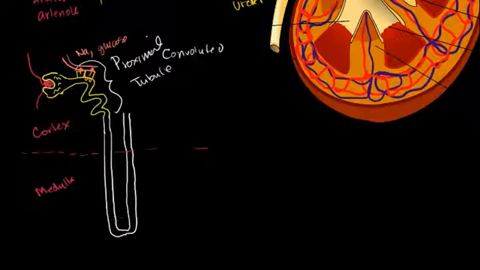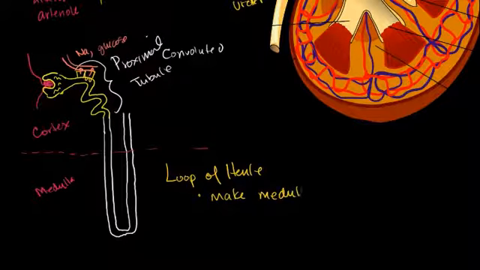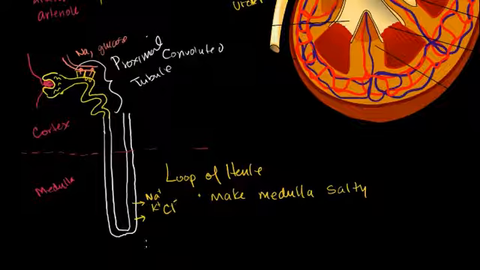So the whole point, well, there's 2 points of the loop of Henle. One point is to make the medulla, the renal medulla, salty. And it does this by actively pumping out salts. So it actively pumps out salts, and it does that in the ascending part of the loop of Henle. So this is the ascending part. So it actively pumps out salts, sodium, potassium, chloride, or chlorine, I should say, chlorine ions. It actually actively pumps out these salts right here to make the entire medulla